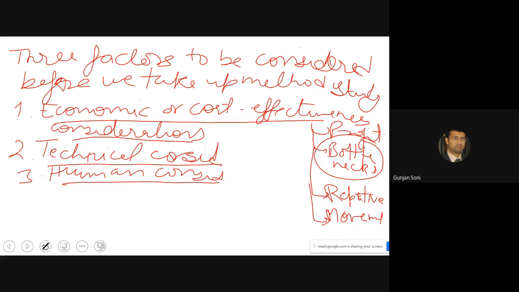So now he will have some variety in his job. He's handling 4 different machines. It will also give him some self-esteem, because he can now say that I am in charge of 4 machines. Getting it? So this is one solution in such situations. So choice of a particular job for study may lead to unrest or ill feeling among the workers. So that's the meaning of human considerations.